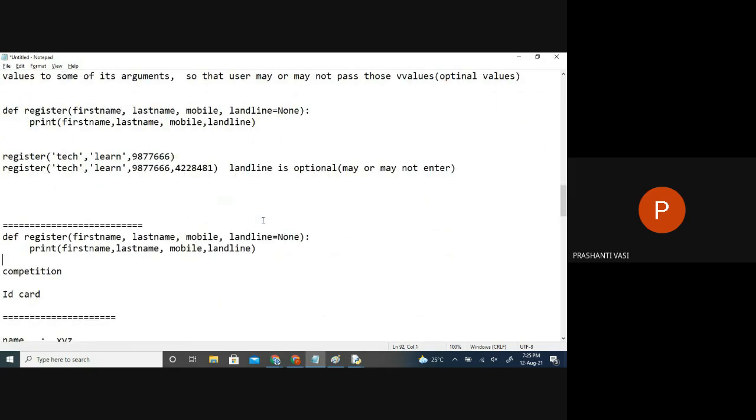So if this competition registration form said you have to give the name, you have to give the mobile, you have to give the age, and you have to give the Aadhaar. So age, if they are not giving it, they are accepting them. Aadhaar also, if they are not giving it, they are accepting them. So we have given default values for which information? Only two. So the minimum is mobile and name. Without that, we can't give an ID card to a person. We can't generate one. We can't say no name, no number.